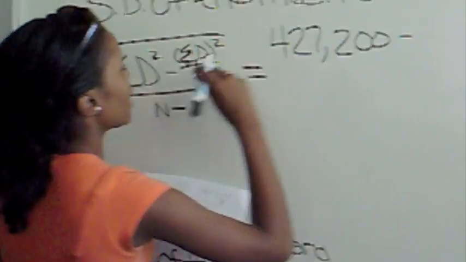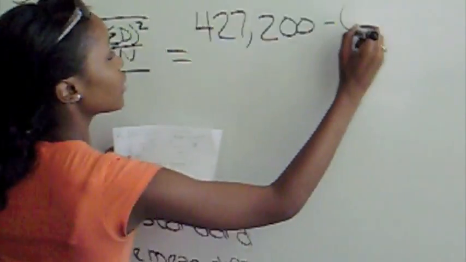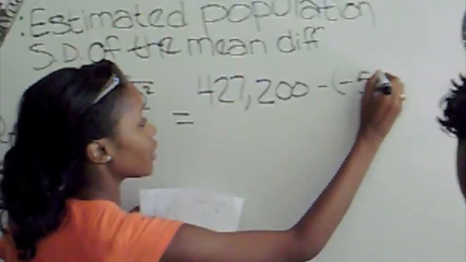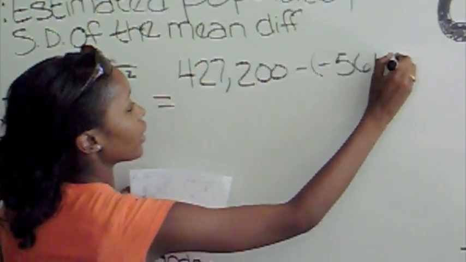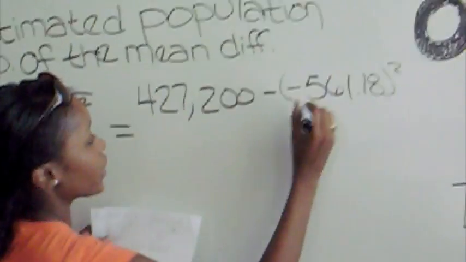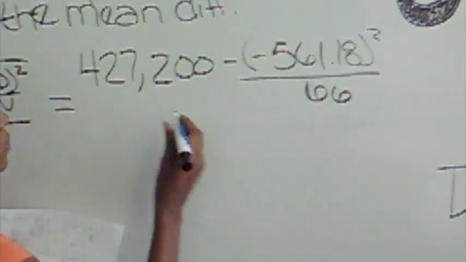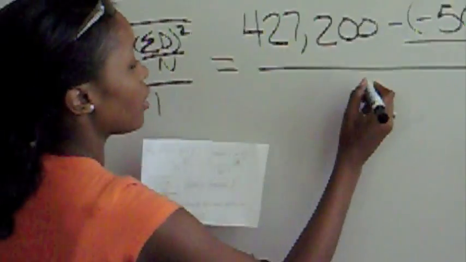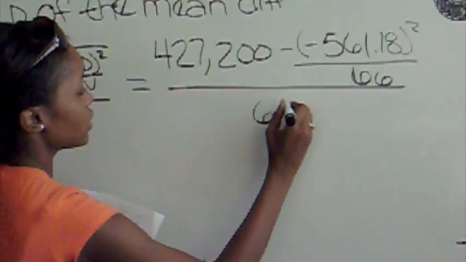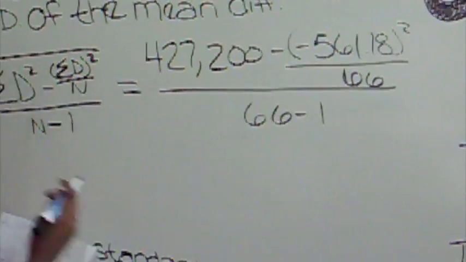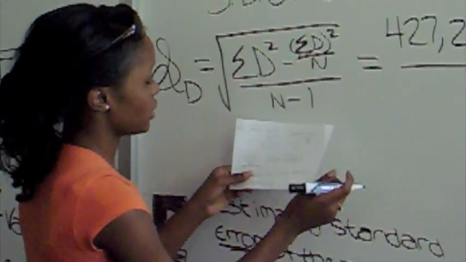The sum of D is negative 561.18, all of this squared over N, which is 66. N is the number of participants. It was 66 participants. All over N minus 1, 66 minus 1. This equals,